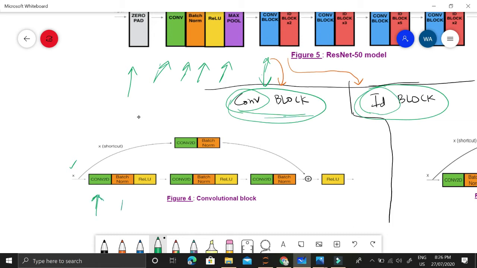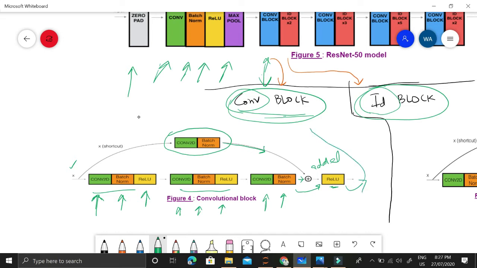So Conv2D layer, and then we have a batch norm layer, then a ReLU layer, and this ReLU output is given again to a Conv2D layer, again batch norm, again ReLU. So the same thing is repeated, then again Conv2D and batch norm. But this time, the third time, before giving the output of batch norm to the ReLU, we also give input x into this ReLU function. But this input x is also passed through a conv layer and a batch norm layer. So the outputs of both batch norms are added together and given to this ReLU function. Whatever the output is, we return that from the conv block.